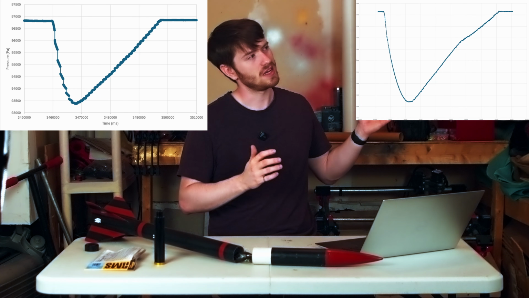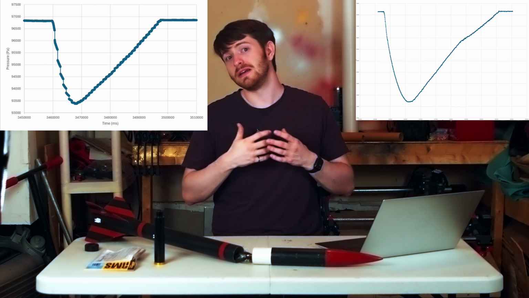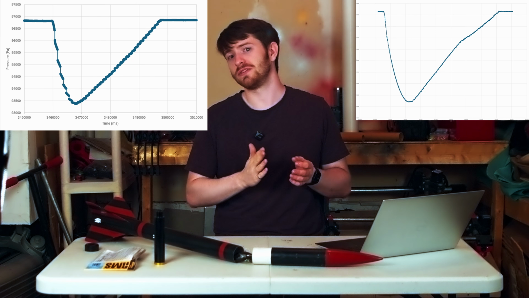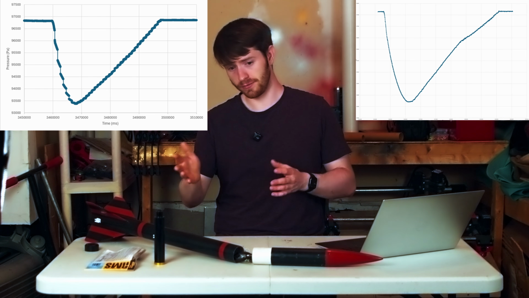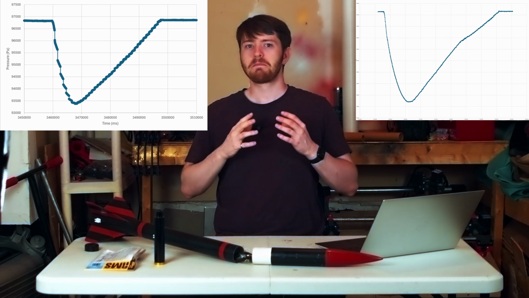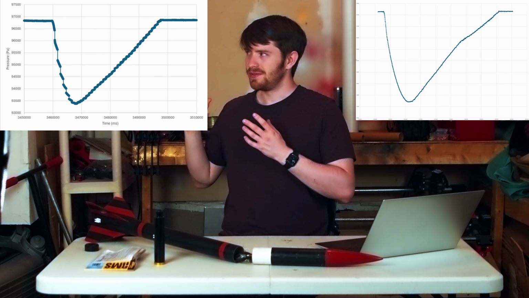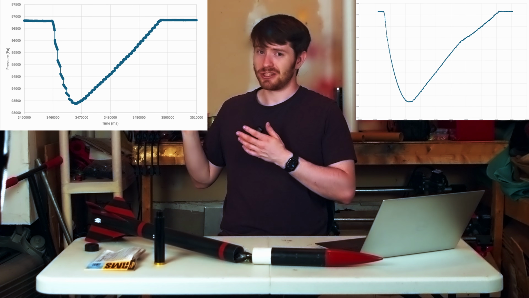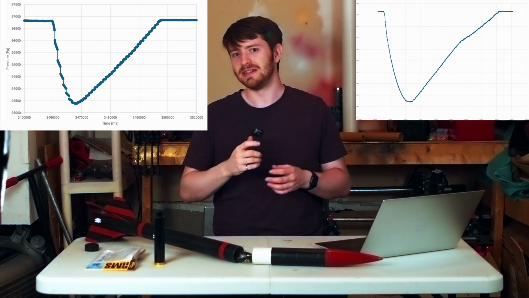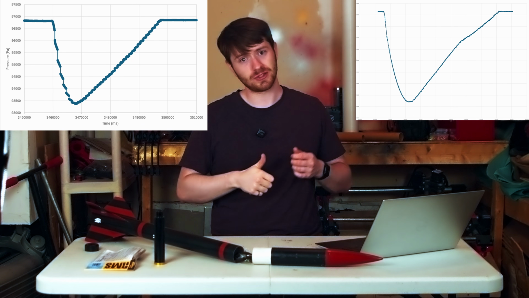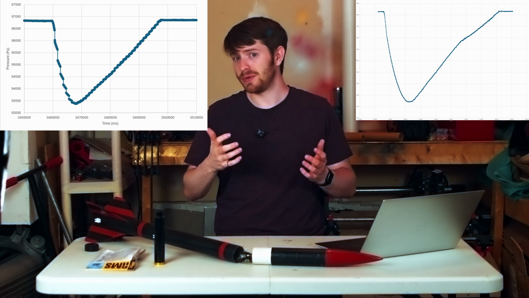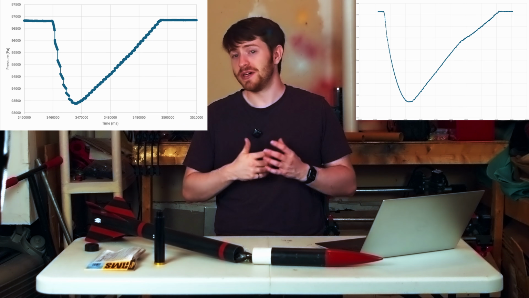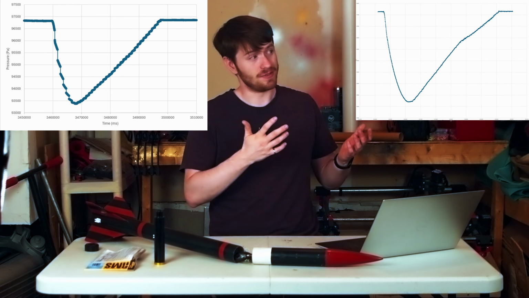And flight 4 hit roughly 1,200 feet. In this case, it flew almost perfectly vertical, and that 1,200 aligns with the theoretical maximum of that motor for this rocket. Overall though, the increased logging rate didn't actually help the barometer at all. In this case, this one's running at 32 Hertz, this one is running at 25. I decreased it a bit to save on bandwidth and on memory, but in this case, the valuable part is